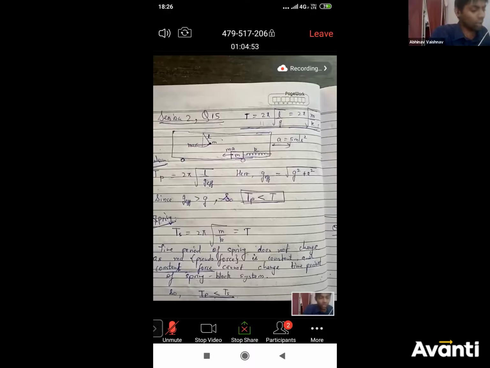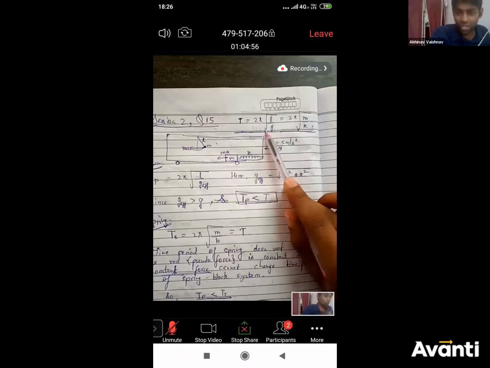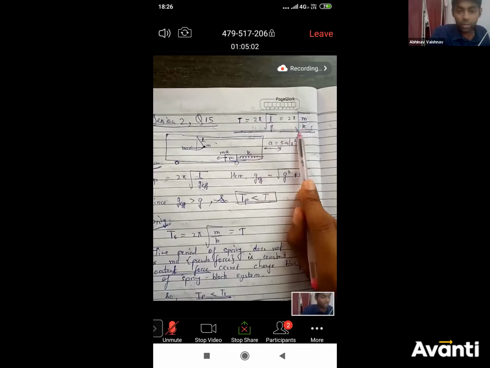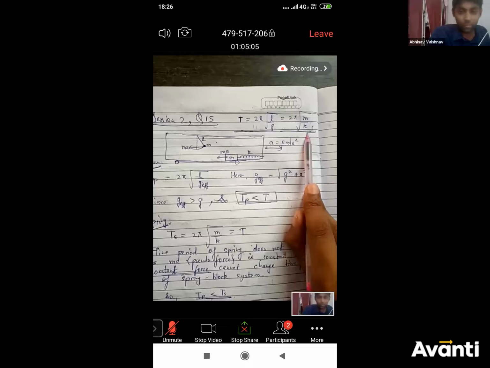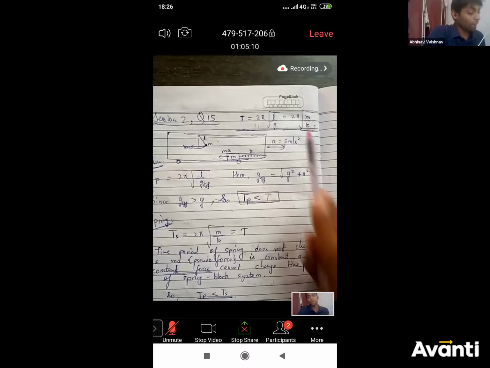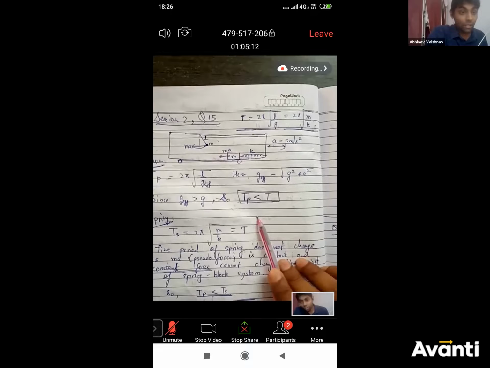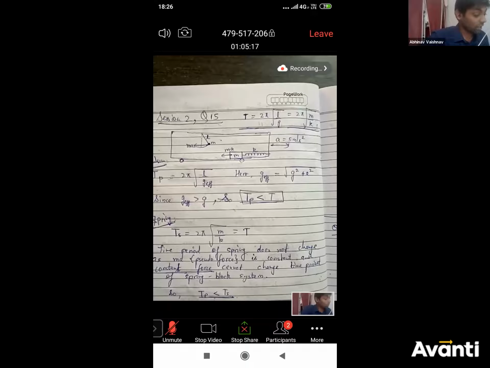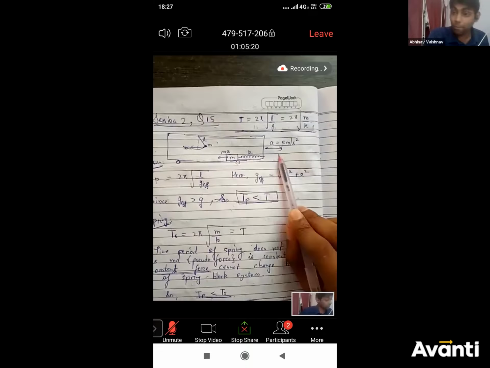So we know the time period of a pendulum is how much? 2 pi root L by G. So that is T, and that is also equal to the time period of the spring mass system, that is 2 pi root M by K. So initially they were both T when the train was at rest. Okay, simple. All right. So now the train starts accelerating. Now the train has started accelerating with 5 meters per second square like this. Okay. So now what will happen?